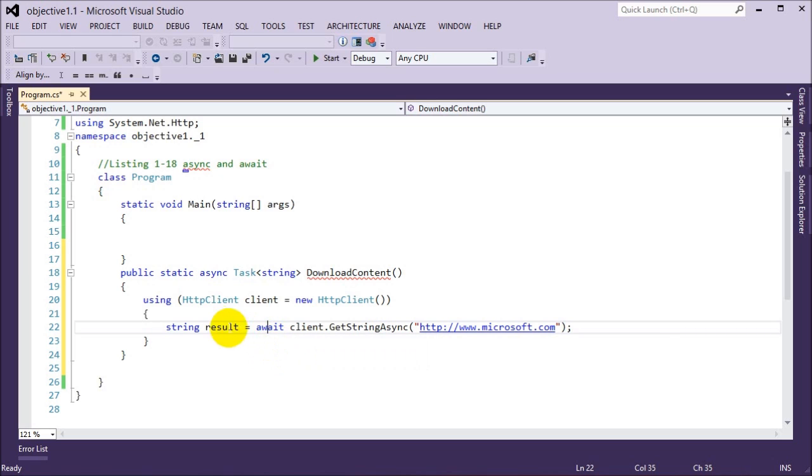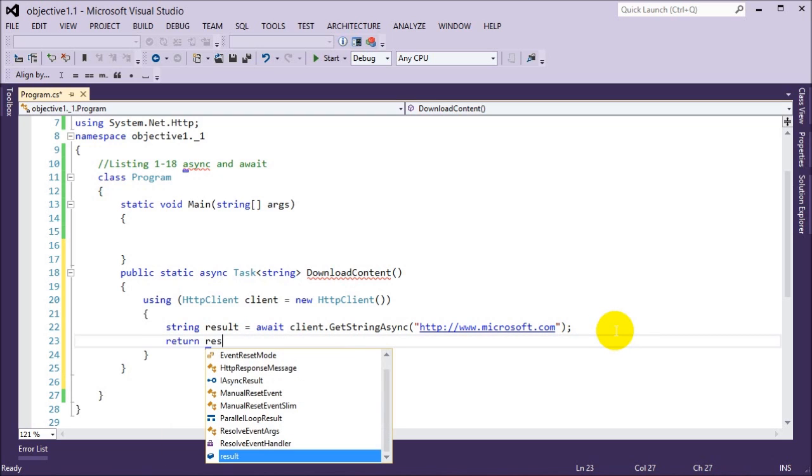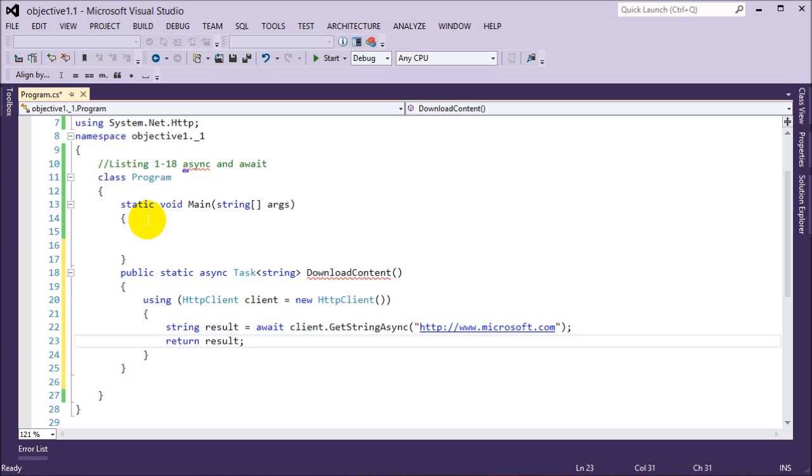Also, when we say the await keyword, this allows us to convert it into the string for the result, and then we'll store that into result, and then we'll go ahead and just return the result back to the caller. Okay, now that we have that, let's go ahead and build the main function, and we're going to store the result